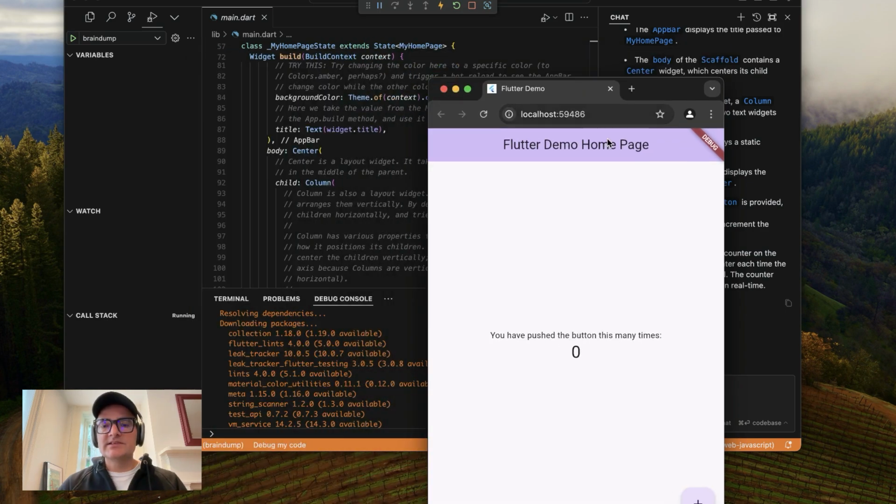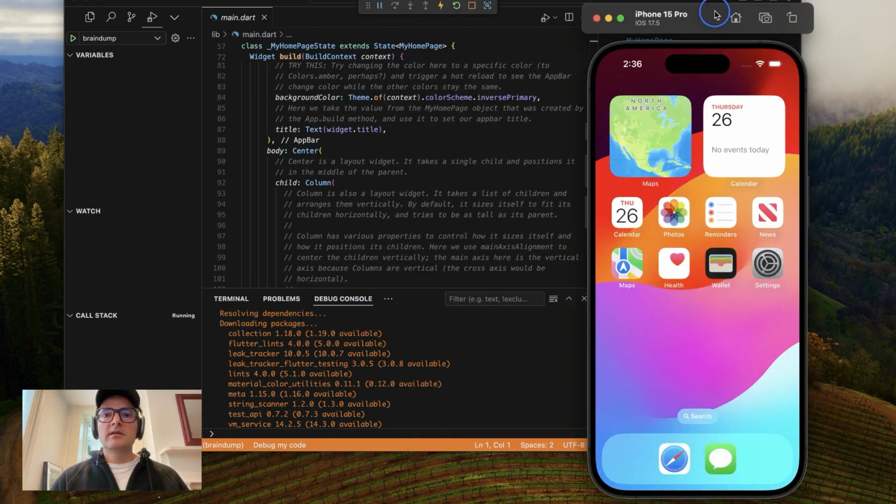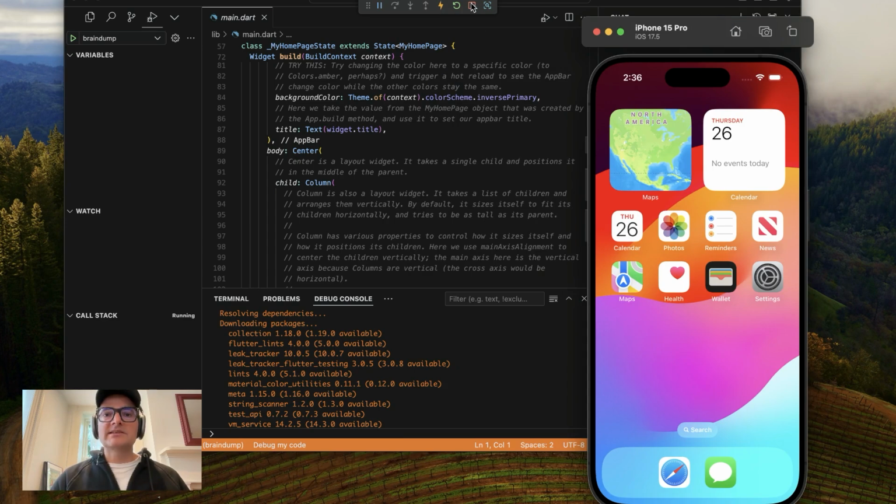All right, so you can see this is their demo homepage. I didn't write any of this code. This comes with Flutter when you create a new app. And if I click this counter button, you see the number goes up each time I click it. Really quick, I want to show you what this looks like on an iPhone. So I can close this. It should kill the app momentarily. If not, you can always force kill it by hitting this stop button.